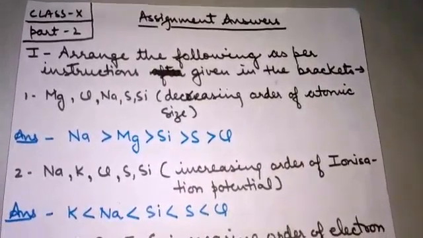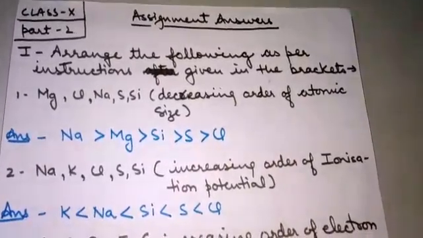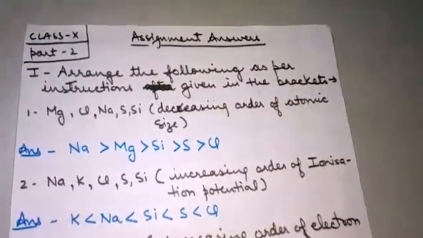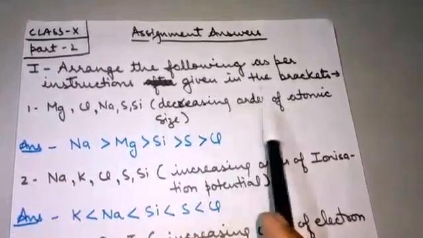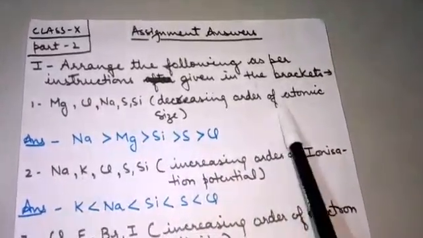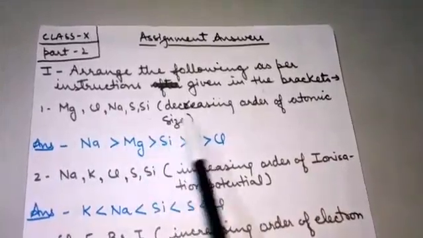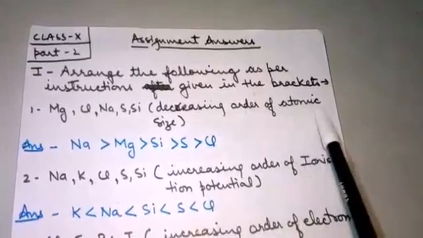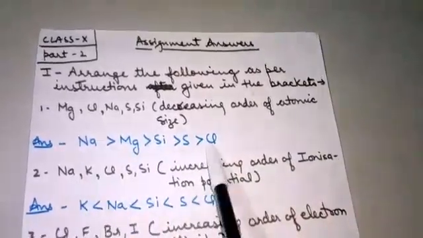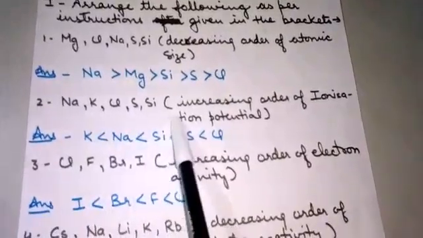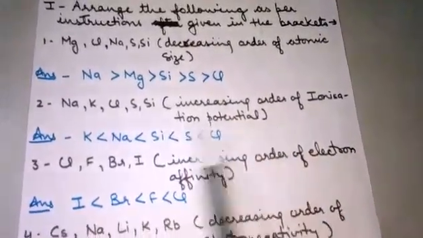This video is for class 10th, and in this video we will see the answers of the assignment I had given you. See the first question. Arrange the following as per instructions given in the brackets. So this is the question for you. You have to arrange these elements on the basis of decreasing order of atomic size. So here the answer. Second, you have to arrange these elements in increasing order of ionization potential, and here